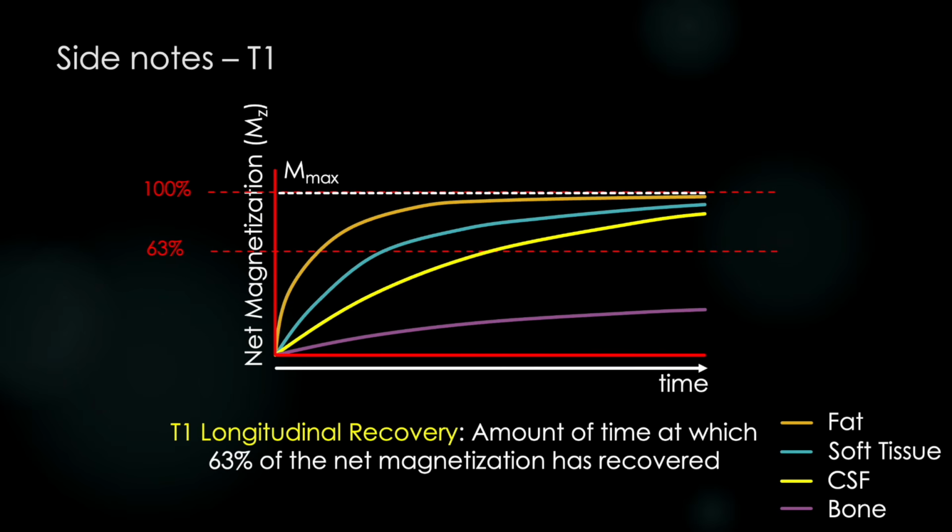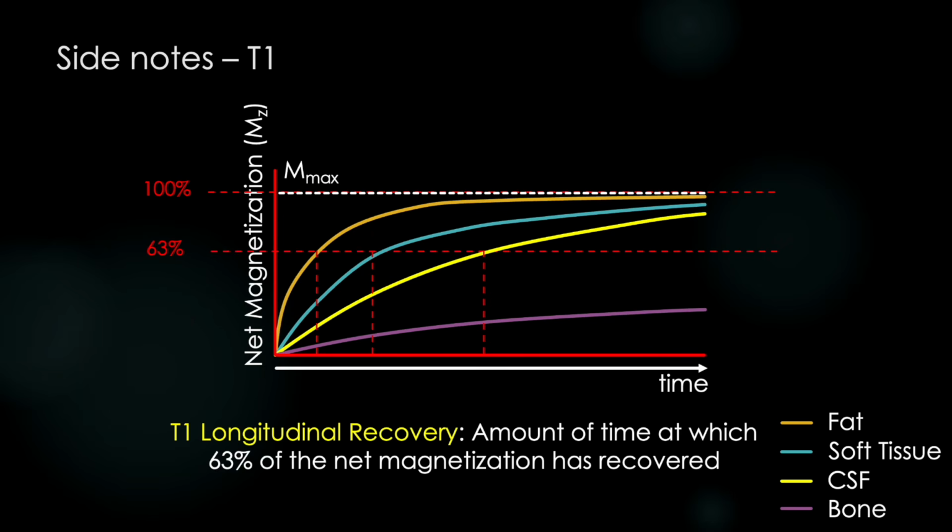So if this line at 100% represents the maximum net magnetization each tissue will achieve if we wait long enough, this line at 63% would represent the tissue T1 recovery time. And you can see it's different for each tissue. But once again, this is a